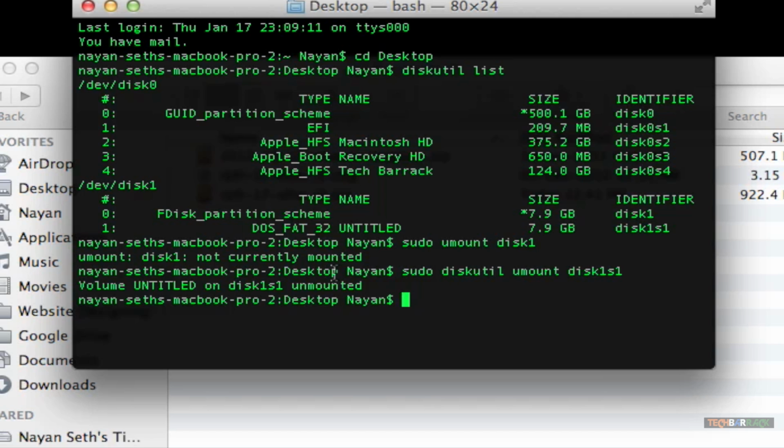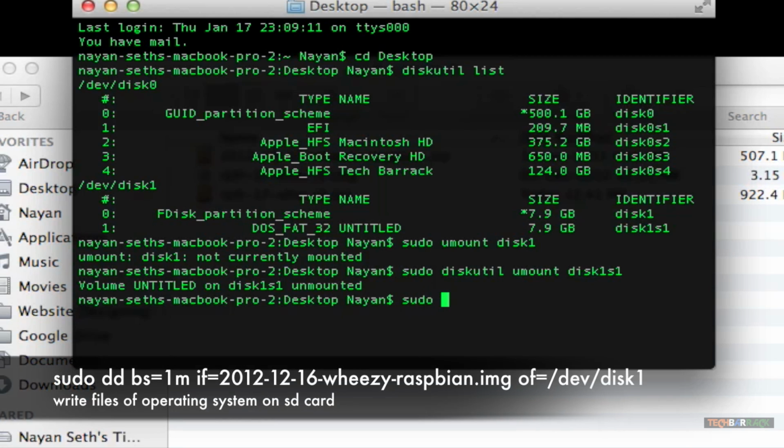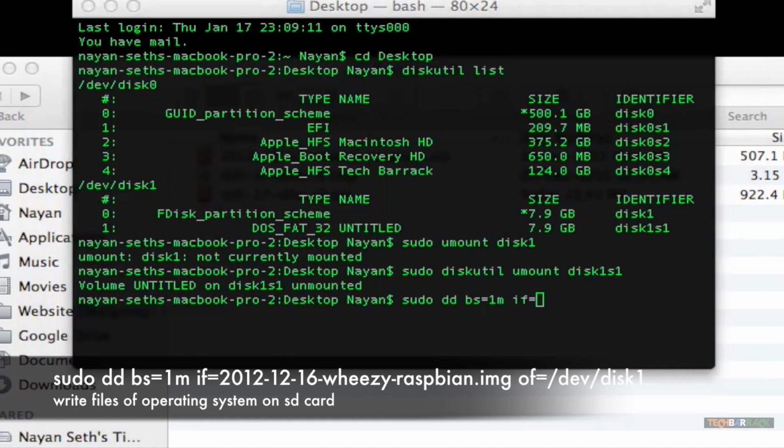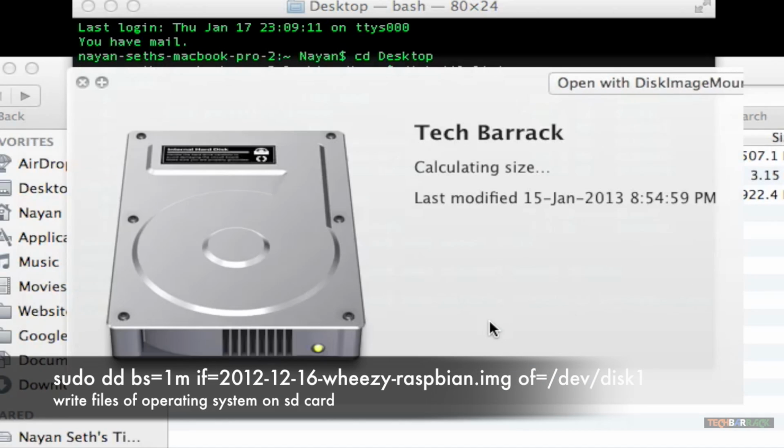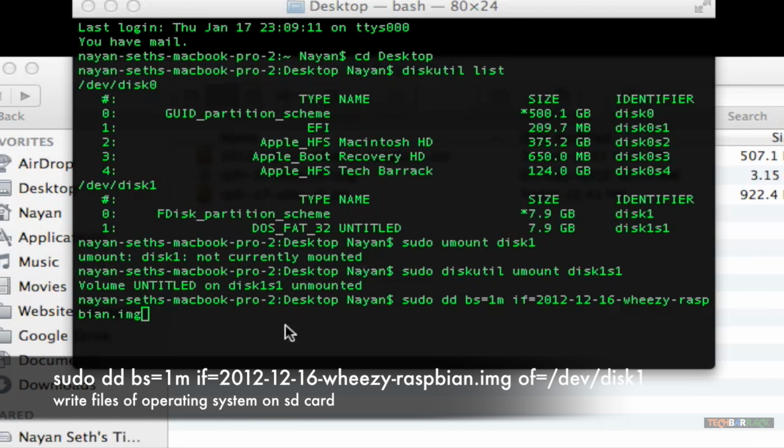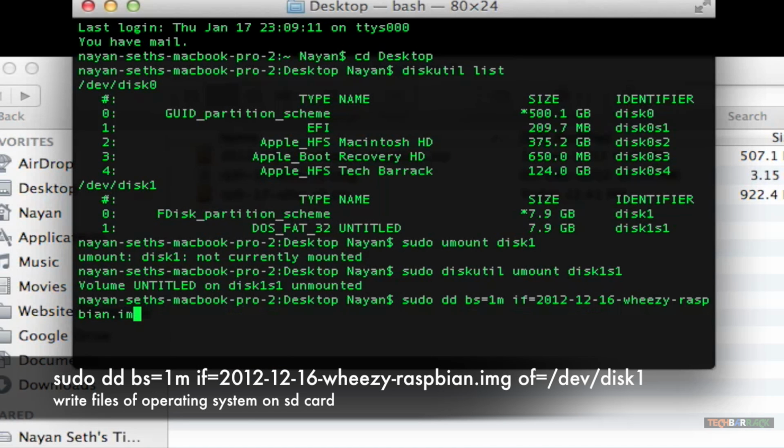Now the main command will come, that is sudo space dd space bs equals to 1m space if equals to, now just copy the file name of the Raspbian operating system and then just paste it, then give a space and type in of equals to /dev/disk1